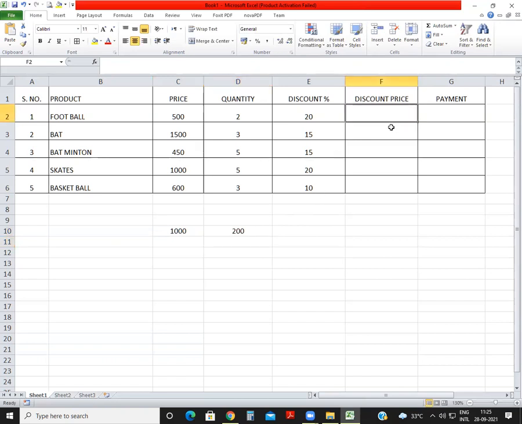So it should come here, this 200. And our payment should be 1000 minus this 200, which is 800. It should work out like this, but we have to apply it by formula. How can you calculate the discount price? First, we have to calculate the amount, then get the 20%. The same formula is given in your book also. It's equal to price multiplied by quantity. First, I'm going to write the formula here, so it will be easy for you to understand.